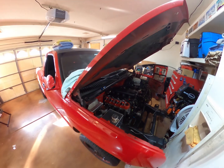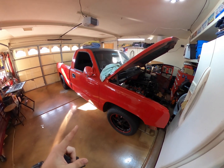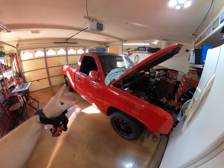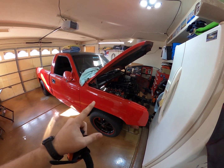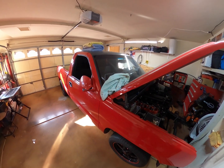So what he's trying to do is build a full street legal, full street truck, no prep rig. So we're going to put some weight in the back. We're going to play with front shock settings. We're going to get this thing to launch and hook on the street, and hopefully go out and win some money